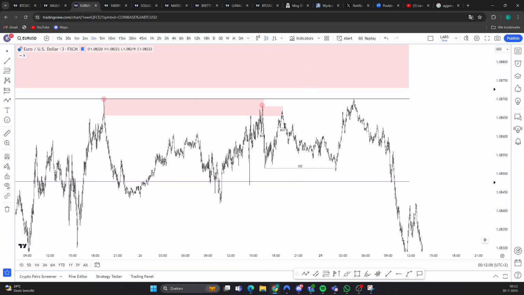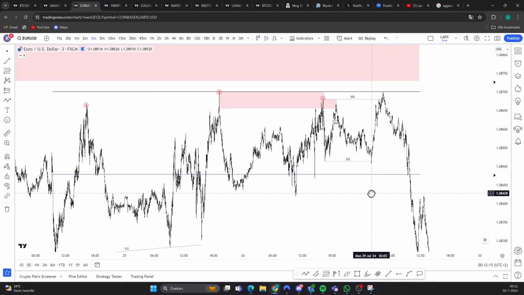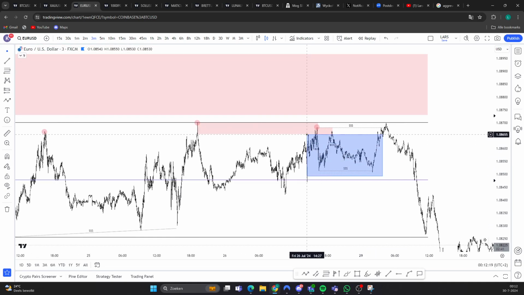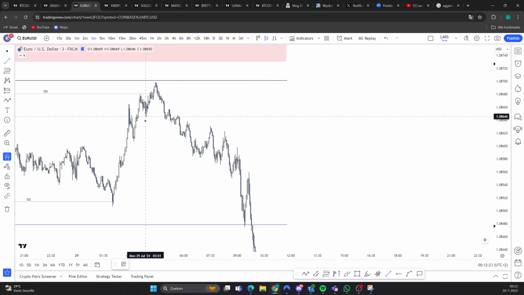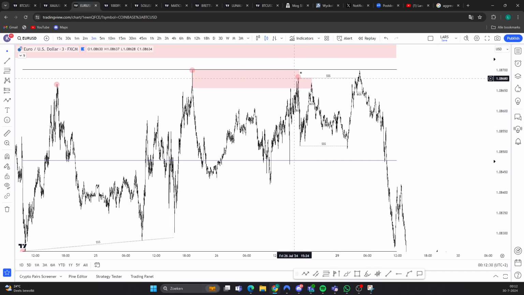And what did it do? It grabbed my stop loss. So it grabbed my stop loss right here, right? Grabbed my stop loss. And then we broke structure back to bearish right here. So whenever you have that much time between this third tap that I thought was going to be the third tap and I expected was going to be the third tap, and you have that weekend in between and Monday opens,